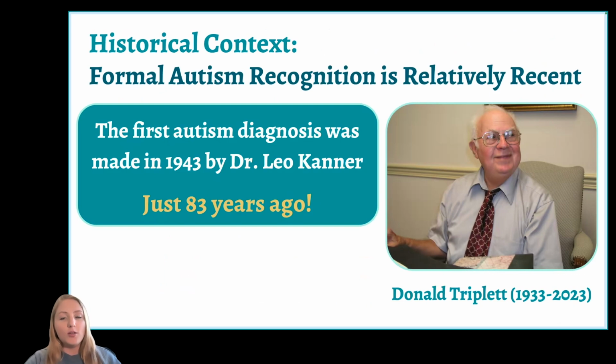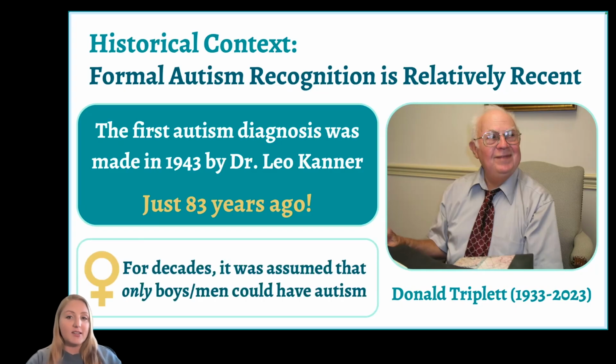But this means that all of the people who have ever been formally diagnosed with autism throughout all of human history, excluding just the past 3 years, were diagnosed during the lifetime of a single person, which is pretty crazy to think about. This also means that many of you probably know someone who was alive before autism was even recognized as a real condition, meaning generations of autistic people went undiagnosed and were never given an explanation for why they felt so inherently different.